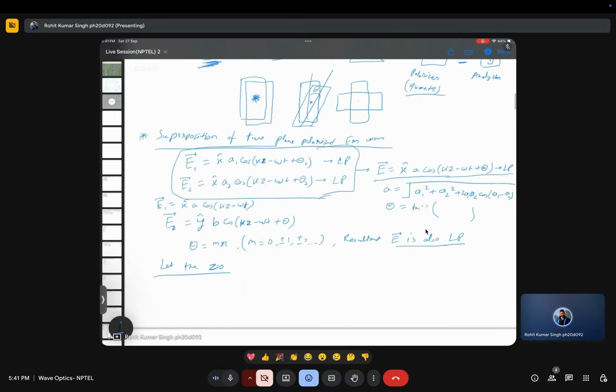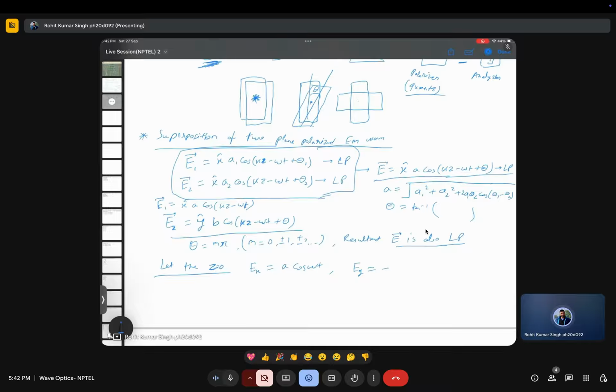So we are fixing at one point in the space, and we are looking at the variation in x and y direction. So that's why we put z equal to 0, so that the Ex is now basically cos omega t, and the y component is now, so if you put m pi here,